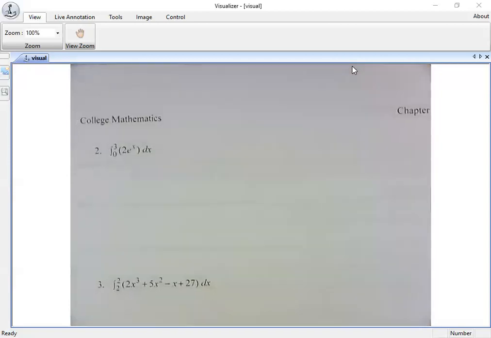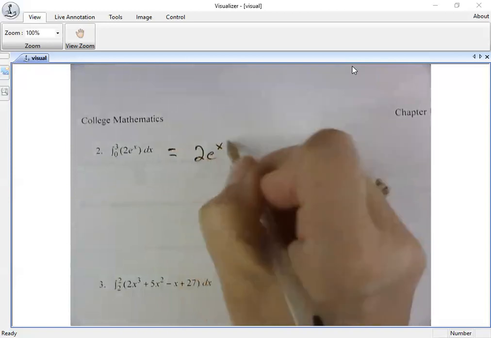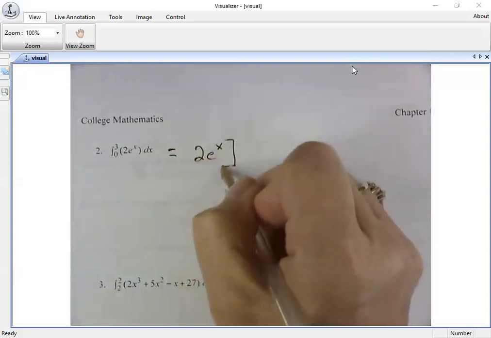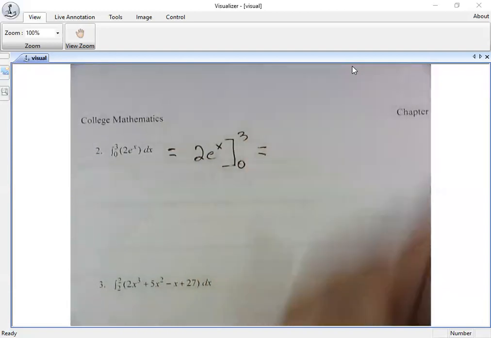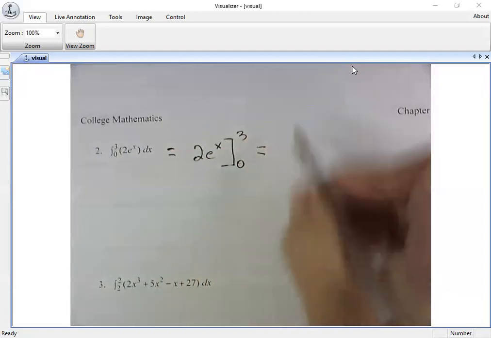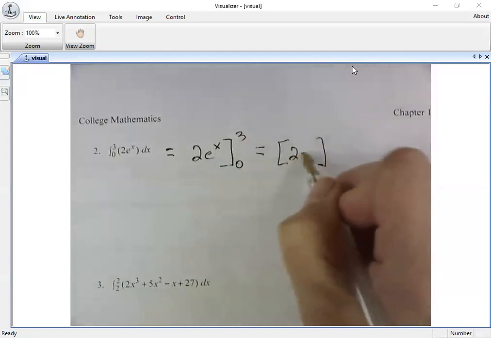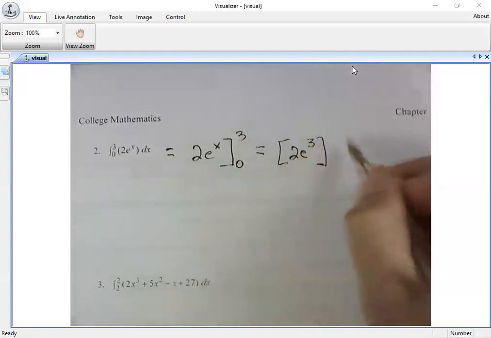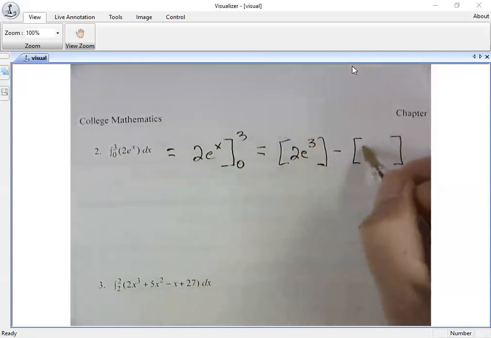Okay, now let's look at number 2. Can we integrate 2e to the x? Yeah, it's 2 either way. See, that part looks good, doesn't it? 2e to the x, but I need to evaluate it from 0 on bottom, 3 on top, right? Okay. What is going to be in my first bracket? 2e to the third power, and then I need a minus sign, and the second bracket becomes,